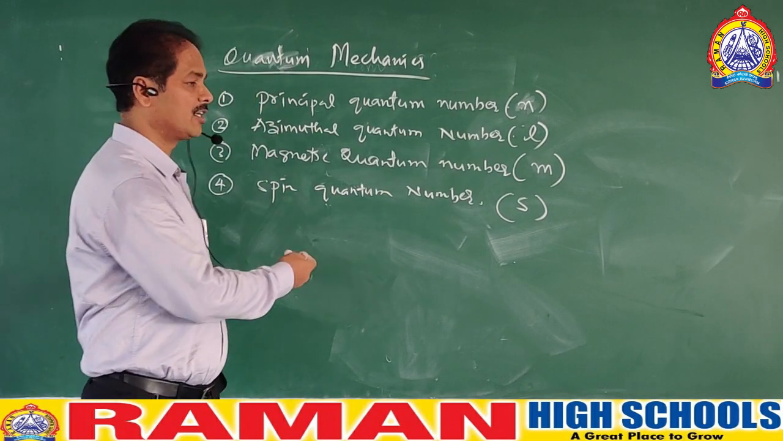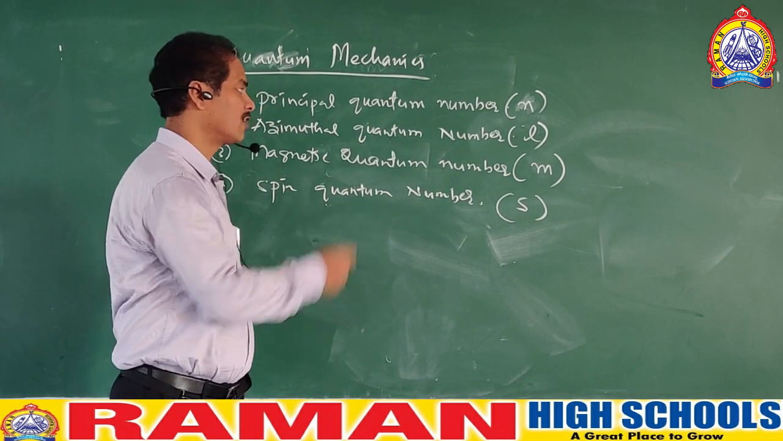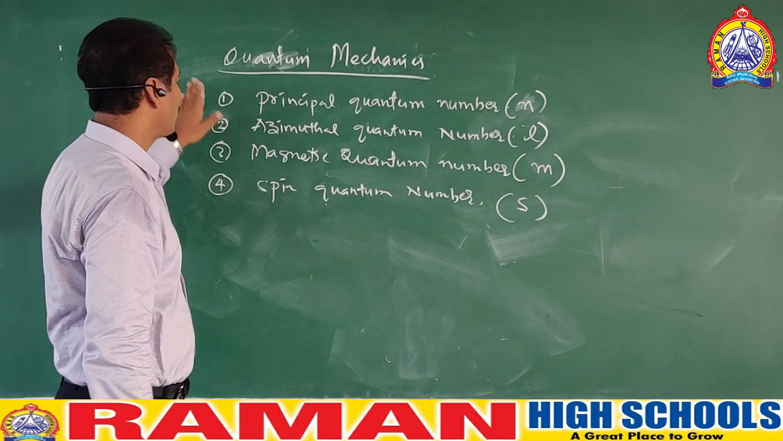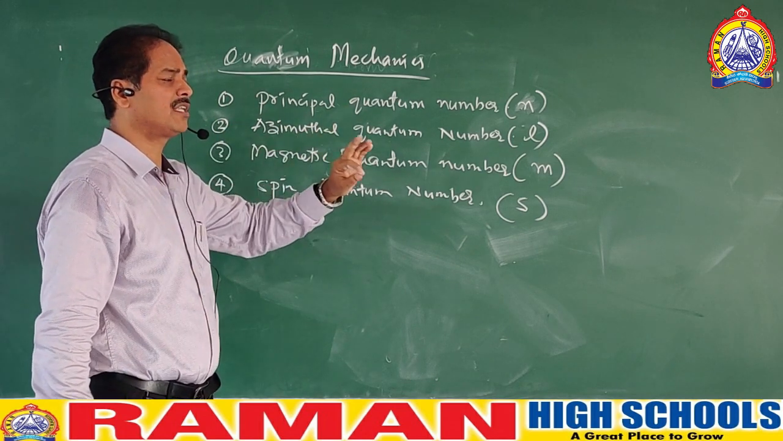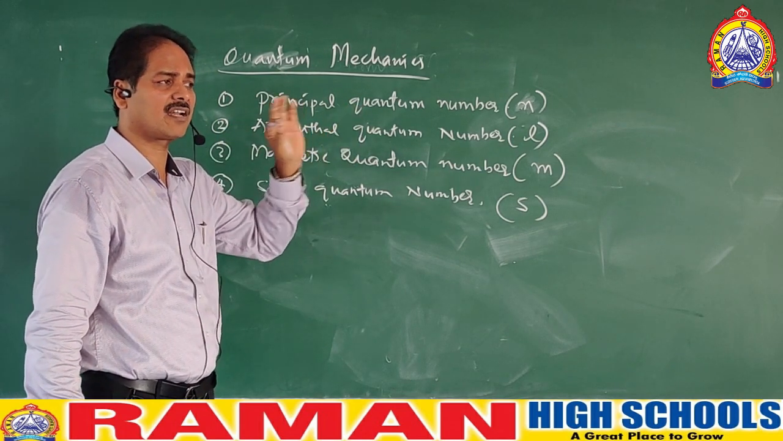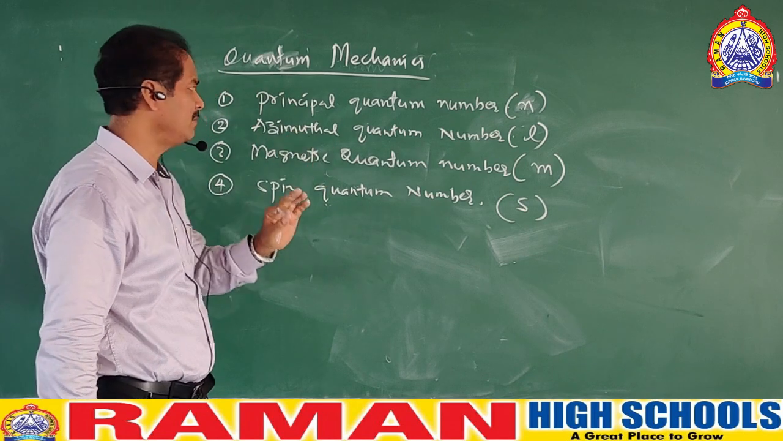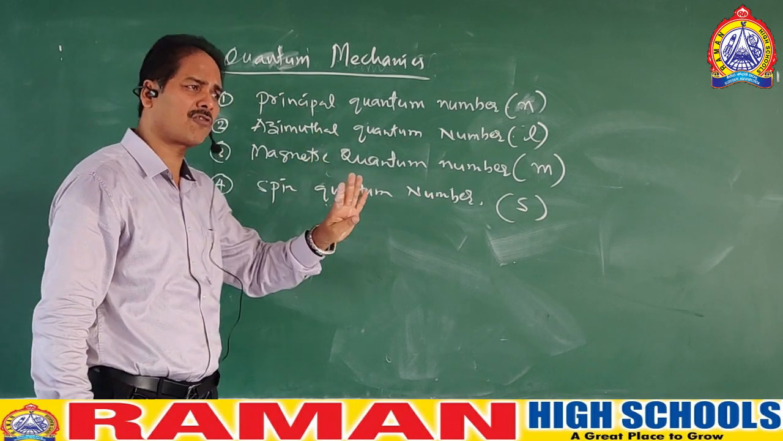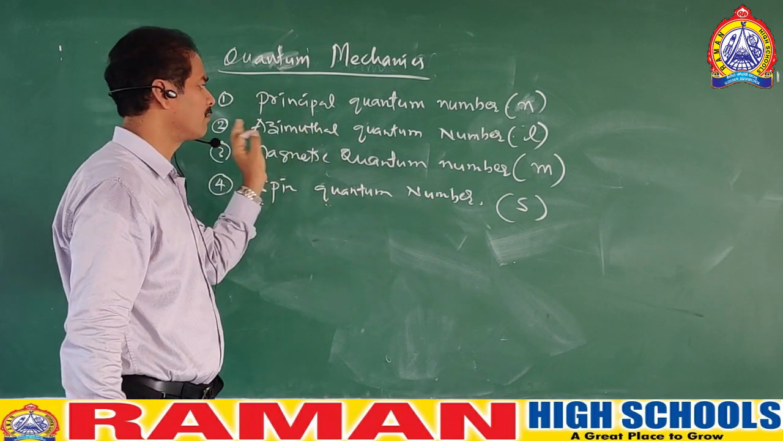Now let us go into the principal quantum number. Once again, quantum mechanics is the branch of chemistry which deals with the position of the electron around the nucleus in the atom. Quantum mechanics consists of 4 quantum numbers: principal quantum number, azimuthal